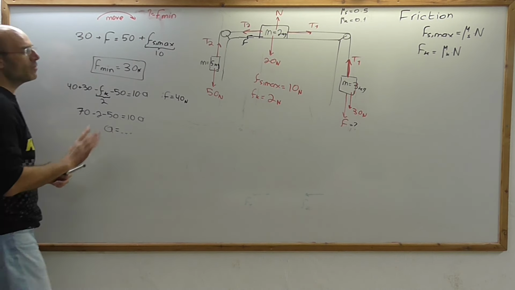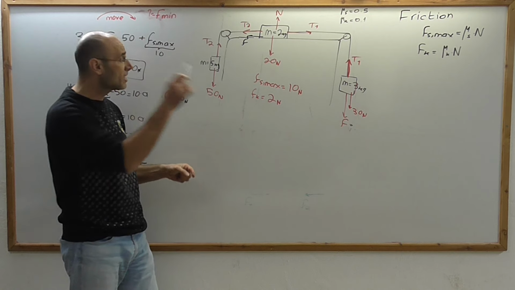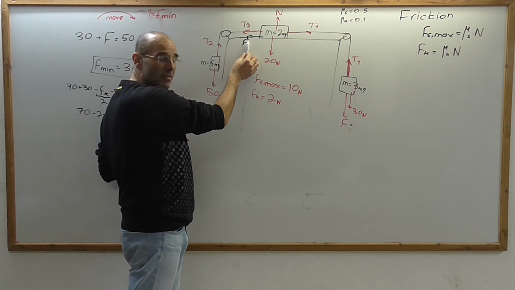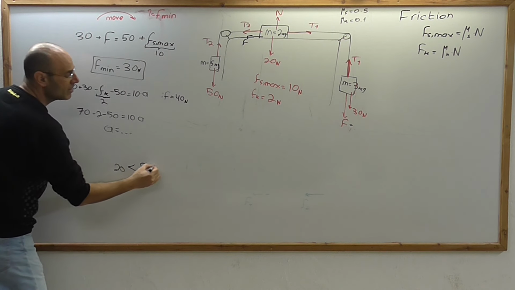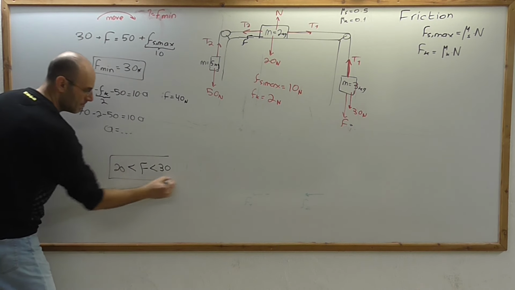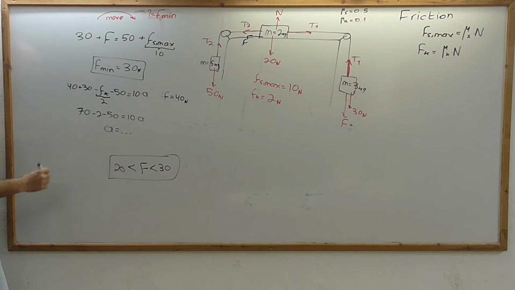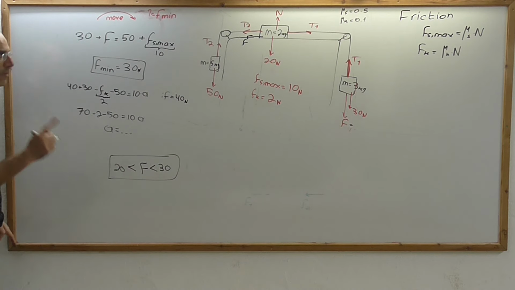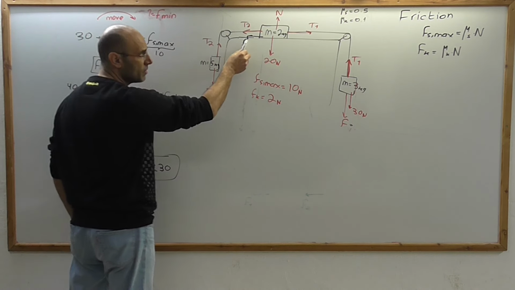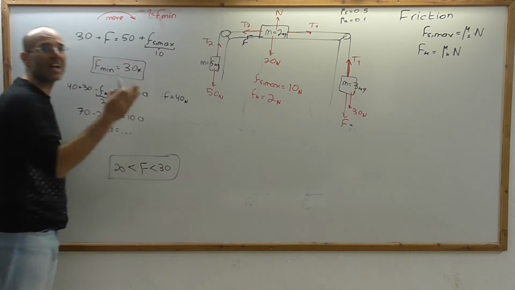It's bigger than 20. If it's bigger than 20, it tends to move here, but it still has to overcome the maximum friction force. But the maximum friction force is 10. So if it's between 20 to 30, what will happen to the system? It will tend to move that way, but it won't move because the friction force can adjust itself. So let's write, it will tend to move,